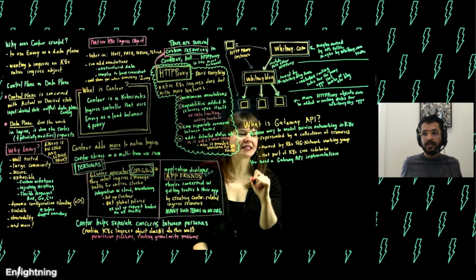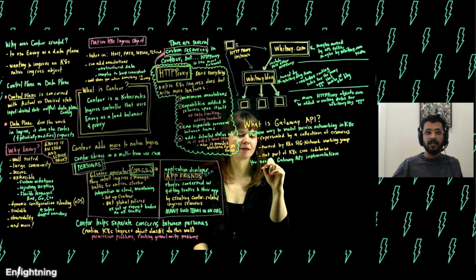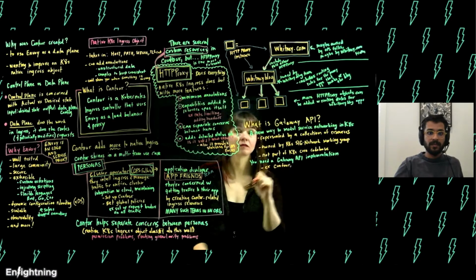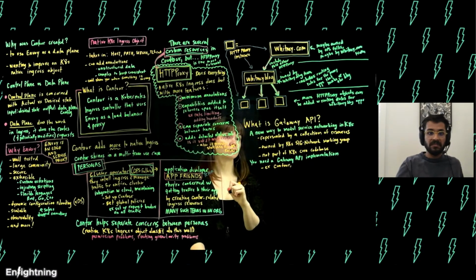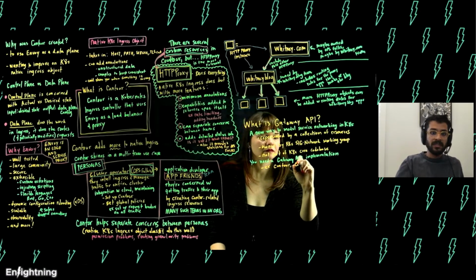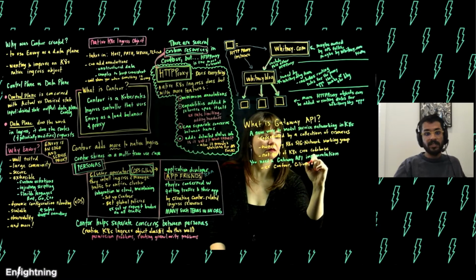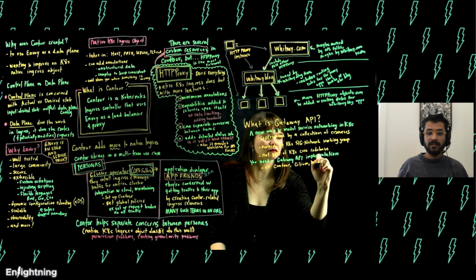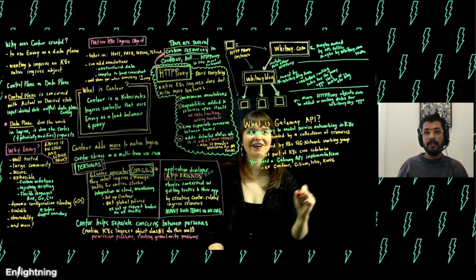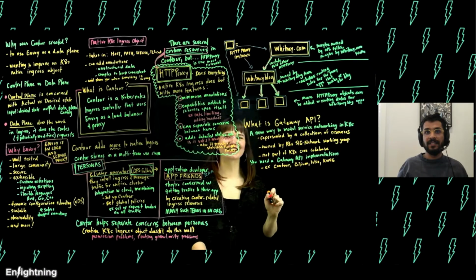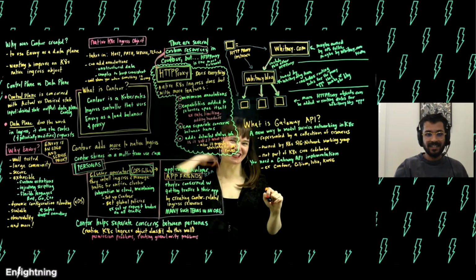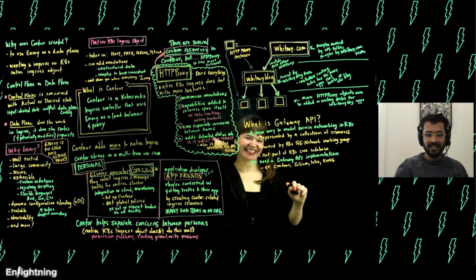So what are some examples besides Contour of Gateway implementations? Yeah, so there's Cilium, Istio, Kong, Nginx also has an implementation. Traffic. Which Nginx though? The Ingress Nginx we talked about yesterday, or Nginx Inc.